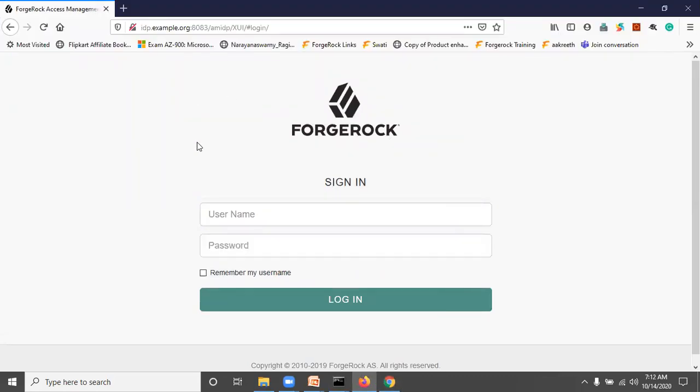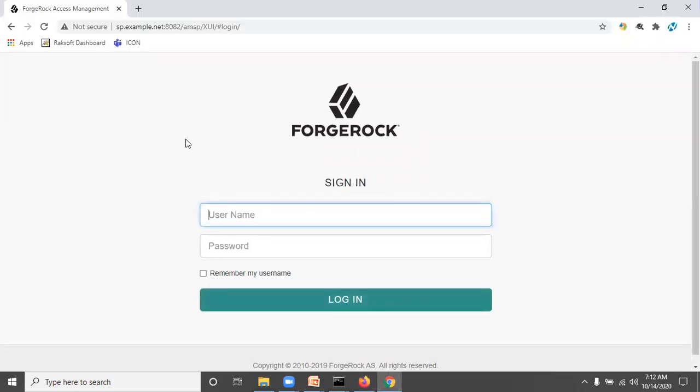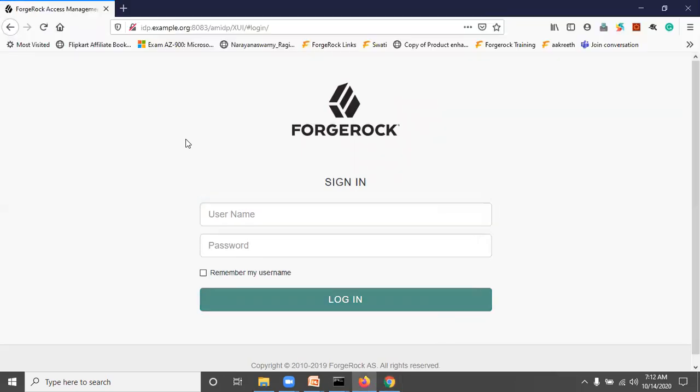Don't open both applications in the same browser because OpenAM maintains sessions using cookies, so you cannot log in as different users in the same browser. For a clearer understanding, we access both applications in different browsers.